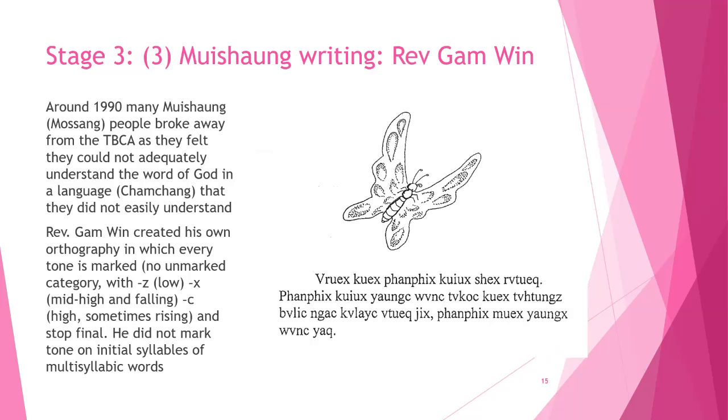Around 1990, Muishaung people broke away from the TBCA, Tangsa Baptist Churches Association, because they felt they couldn't adequately understand the word of God in a language they don't easily understand. They couldn't see the point of singing hymns that they didn't understand. So Rev Gam Win created his own orthography in which every tone is marked either Z, X or C or with a stop final, but he didn't mark tone on initial syllables of multisyllabic words, like with panpi, the word for a butterfly,